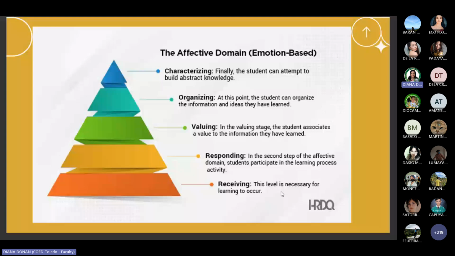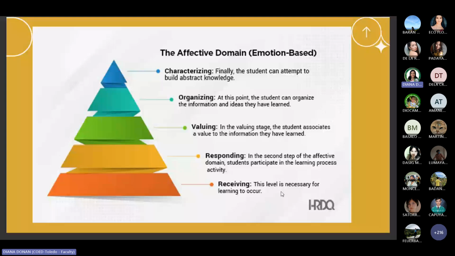Second, we have the responding or the participation. So in here, the student actively participates. The students can ask questions, show interest, or they can contribute to the work. For example, a student volunteers during a cleanup drive or gives feedback during group work. How will you assess that? You will assess that through peer and self-assessment. You can assess that through participation rubrics, or through reflection logs, asking them, how did you contribute today?